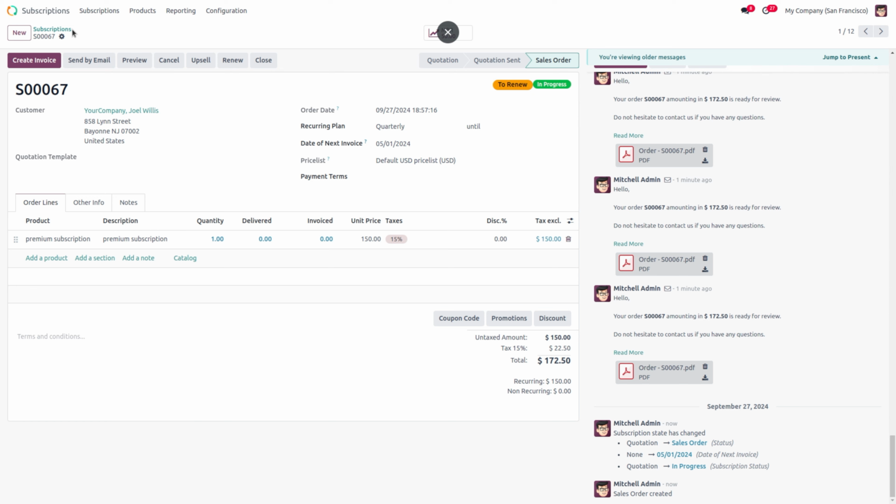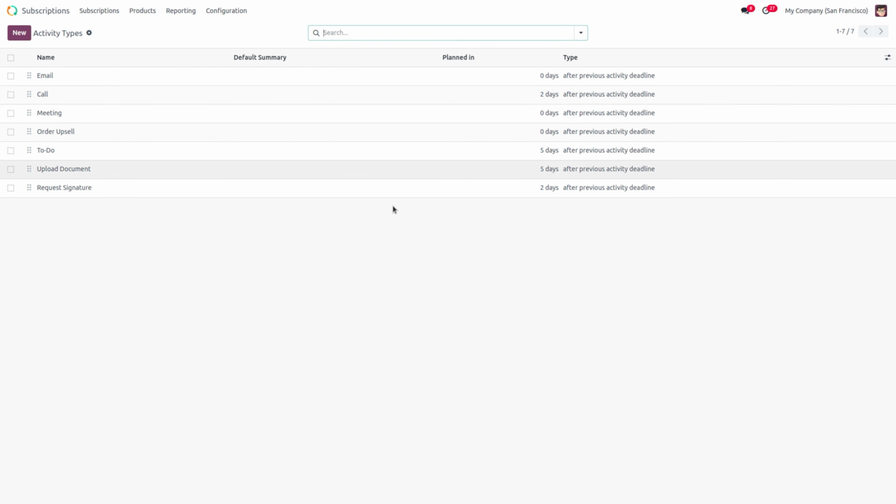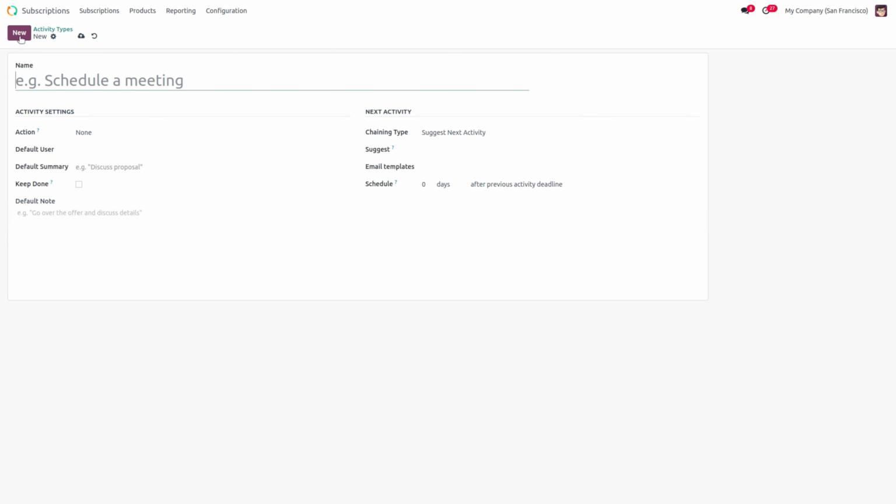Then we can move to the configuration menu. Under the configuration, next we have activity type. We can see different activities here. By clicking the new button, we can create a new activity. These are all already discussed in the sales module. We can set up a new activity like scheduled meetings,